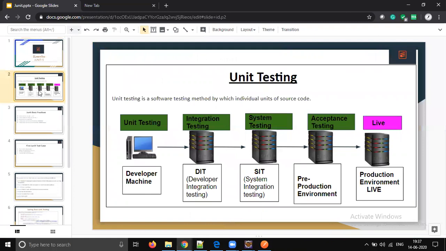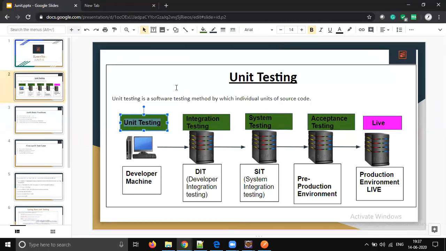So this is how the test environments usually look in our organization, in our company. In the developer machine, we will write our unit test cases. Whatever code you write must be unit tested, and we will push the code into Git or GitHub. There are so many flavors, right? GitHub, Bitbucket, GitLab.